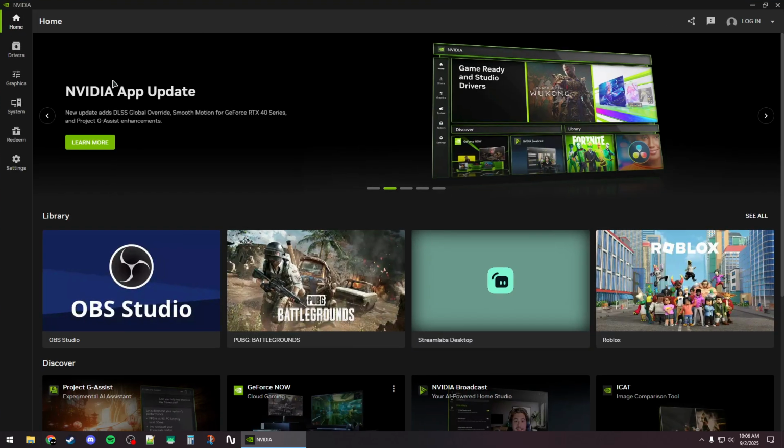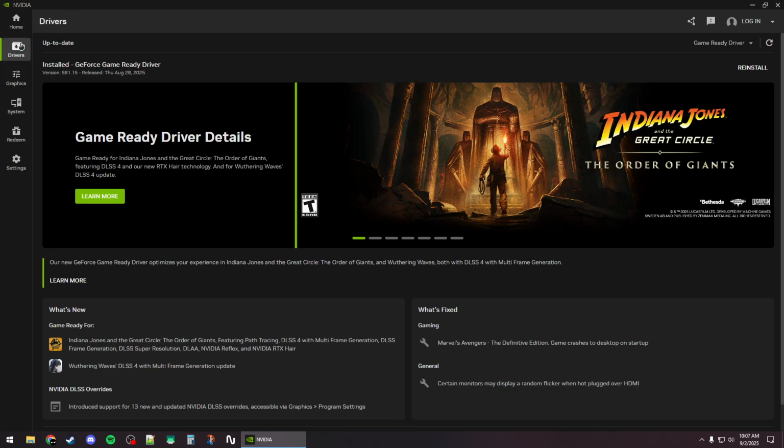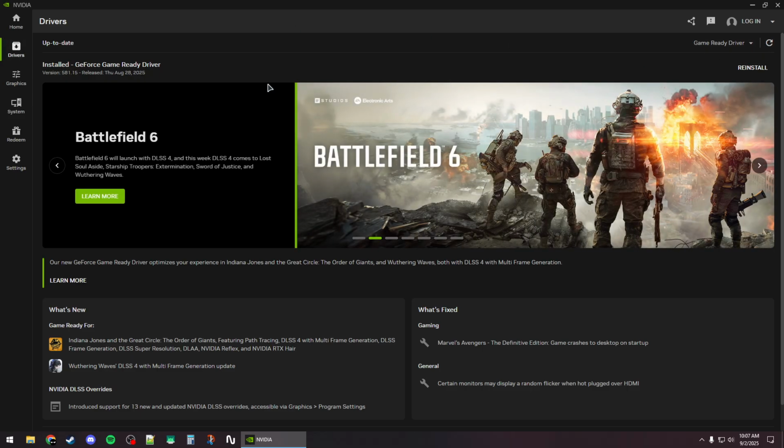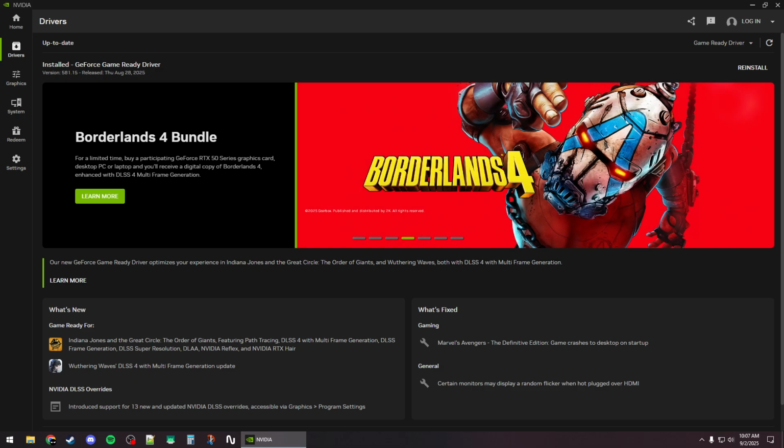open up your GPU application where you can get updates. So for NVIDIA GPUs you will need NVIDIA app, and then go to the drivers section and check for updates and make sure to download and install the latest game ready driver. Now if you have the latest one installed, try to reinstall it from here, and once you finish that, you